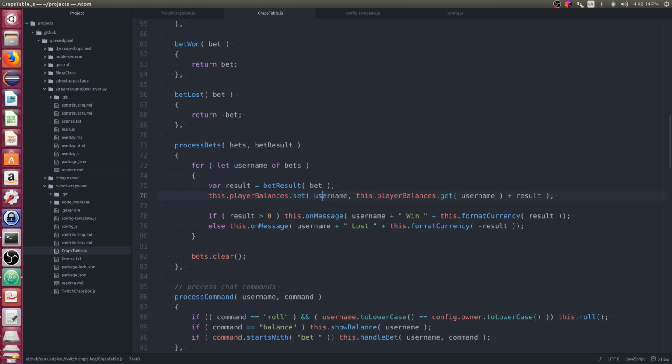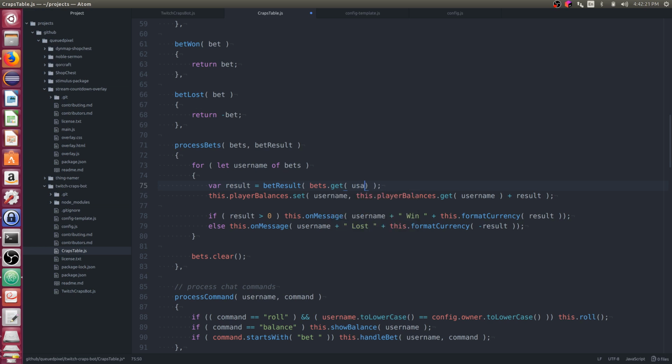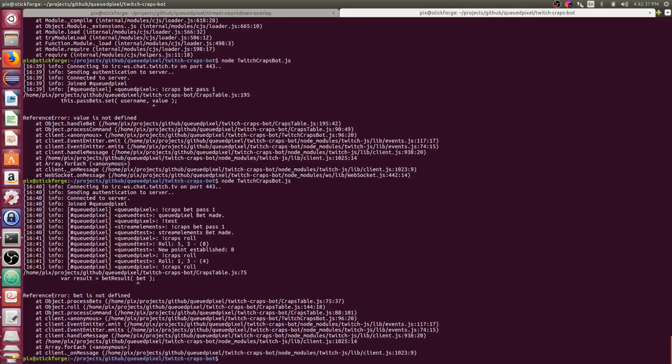We need to do bets.get(username). And I think that is it. I don't think there's any other occurrences of bet in here. We have bets, but bets is correct. So let's try this one more time and see what we get.